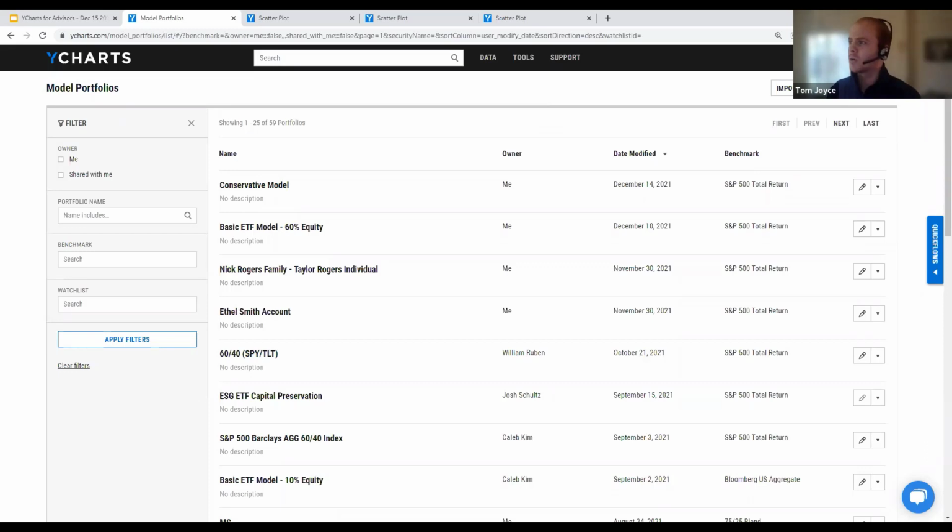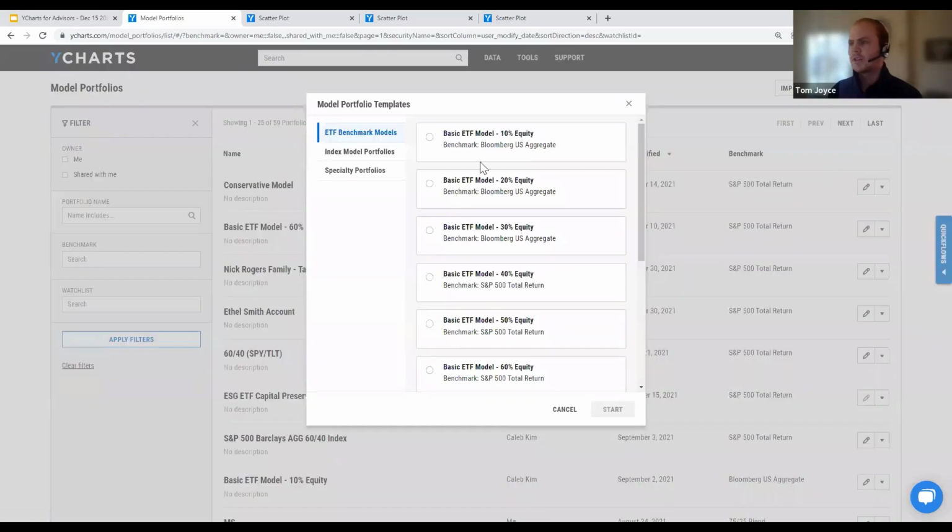Now in the top right-hand corner, I've got the create button. There's a few options that I can choose from. Blank model portfolio, which is the fixed model that I was just talking about. Blank dynamic model portfolio, which allows you to show those transaction changes over time. And then lastly, would be this new from template. And this is actually what I used in order to create the output on the scatter plot when looking through those templates. I click new from template,